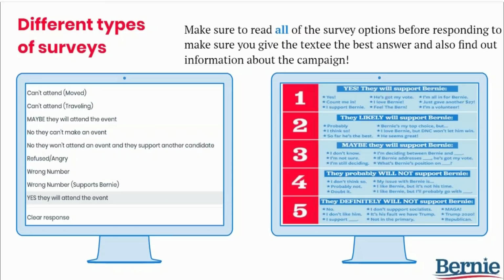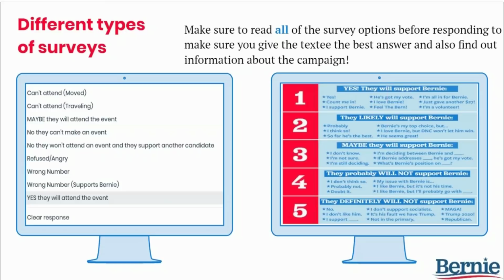When you're working on replies, there might be a few similar options in that current question dropdown. You can click on a survey response to see what message will pre-populate, then click again to change to another option. Toggling between those survey options to see what they say is really helpful. Typically speaking, there's additional information like the event location or the RSVP link in the yes or maybe responses.